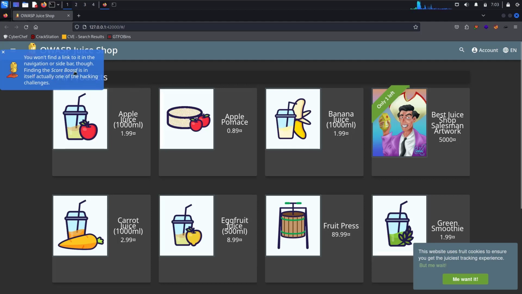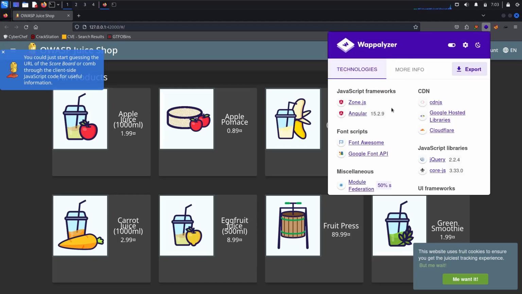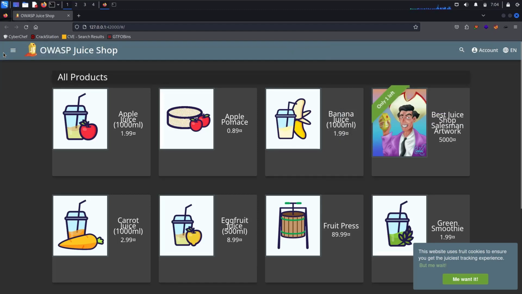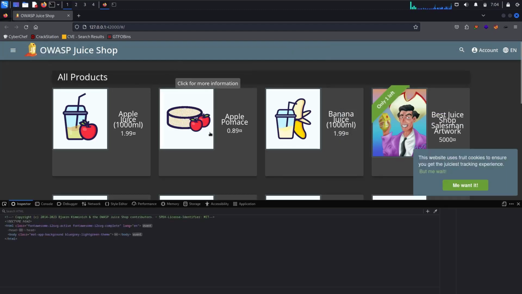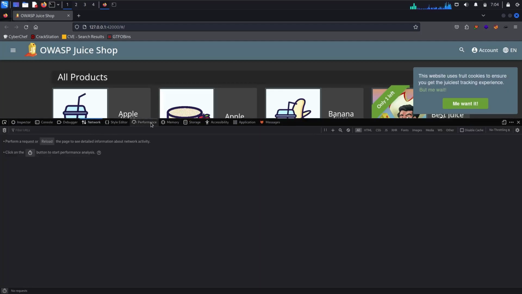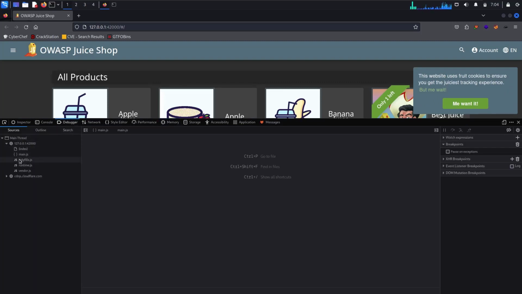Okay, so first we need to find the scoreboard in this application, and it's saying to inspect the client side JavaScript code. As we can see here, the technology used in this web app is Angular, and it's basically a node based application. So what we can do, inspect and network debugger, and there is main.js. We will beautify this,